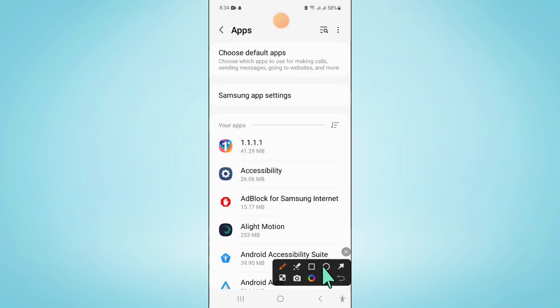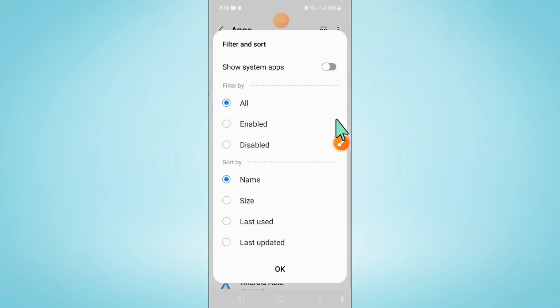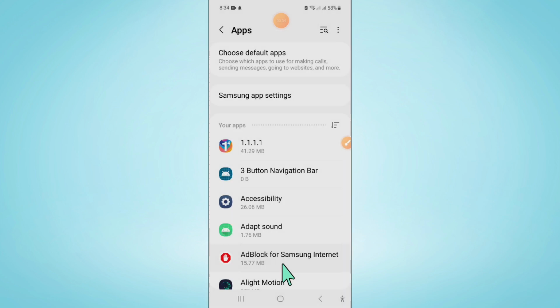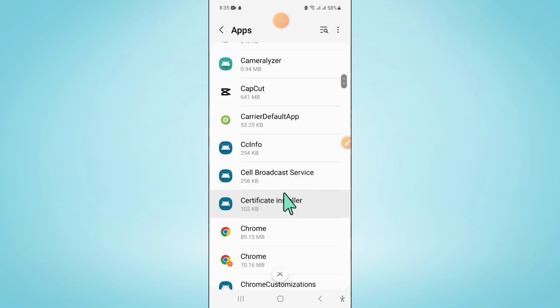Now in apps click on this filter icon and turn on show system apps and then scroll down